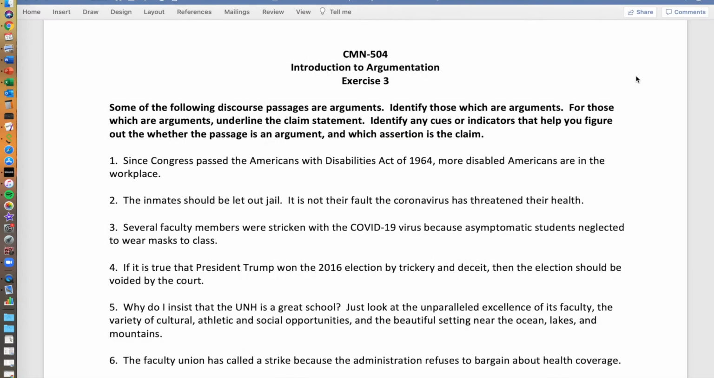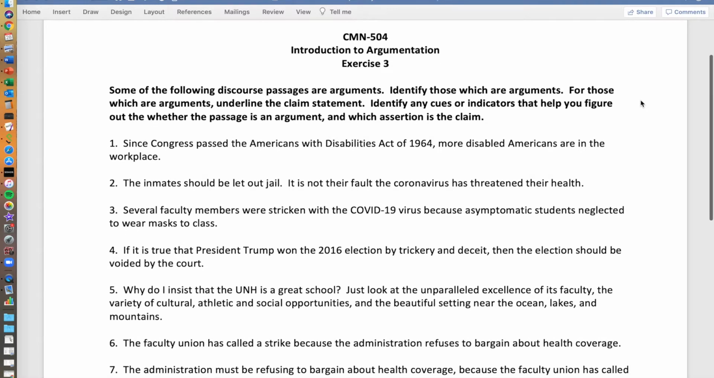So let's review homework exercise number 3. In this exercise, we note that some of the following discourse passages are arguments. Identify those which are arguments, and for those which are arguments, underline the claim statement. Identify any cues or indicators that help you figure out whether the passage is an argument and which assertion is